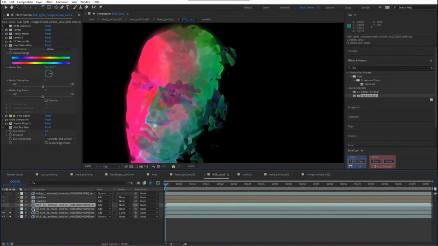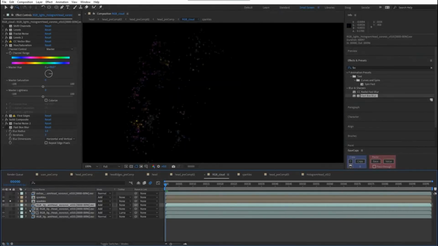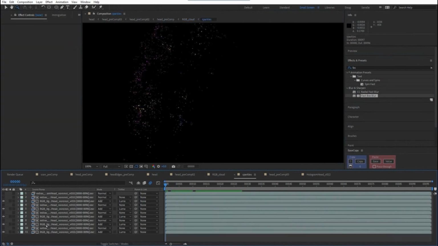Then on top of that, another basically find edges, but some of the settings are tweaked a little bit so that they don't line up perfectly. So now you have these two layers, right? One is sort of a softer layer, and then one is a little sharper and brighter. And then we've got these sparkles. This, again, looks very complicated, but it's not. It's really just duplicates of the same thing with slightly different settings.